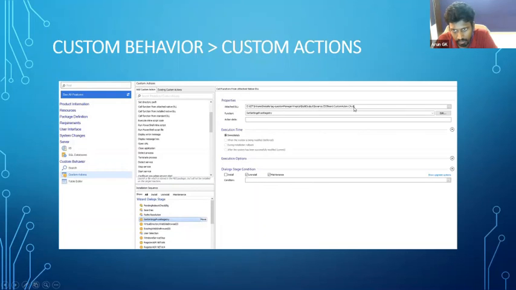Like we have to paste all the files inside this build output folder. Under that, we have that custom action library file created by us. And in that DLL, we have a method called get settings from registry. Okay. And once you have added this method, you can place it in the wizard dialog stage or install execution stage.